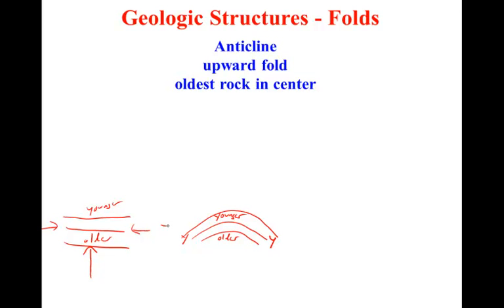In other words, if this fold was to be eroded and leveled, what would it look like? We would see older rock in the middle of the structure, younger rock on either side. In other words, on a geologic map, an anticline would be an area of older rock with younger rock on either side. This is the cross section, a vertical slice showing what the structure looks like. This is the map view, as if we were looking on the structure from top down. We have older rock in the middle, younger rock on the edges.